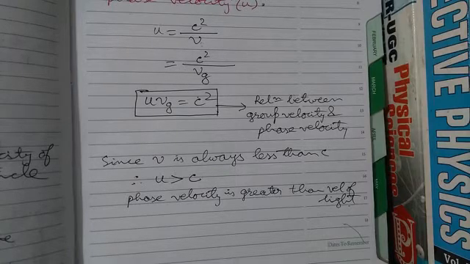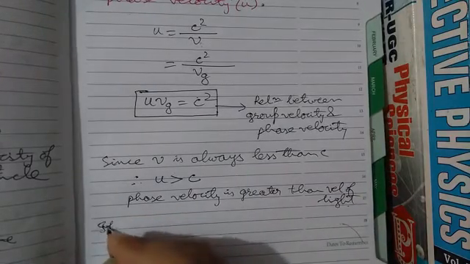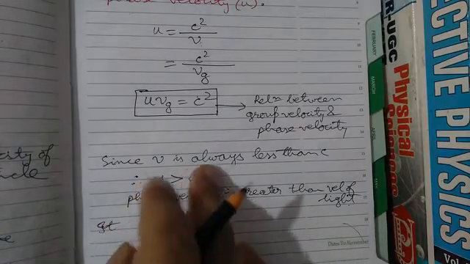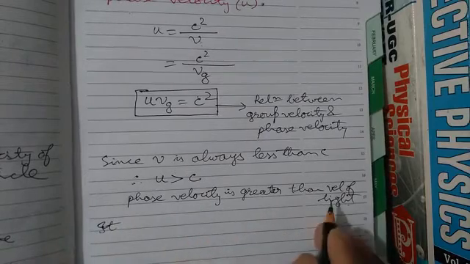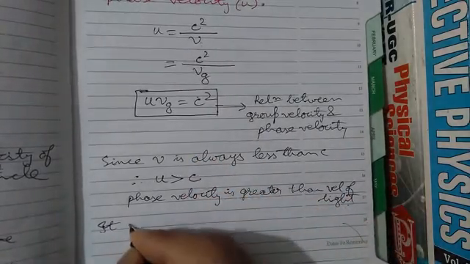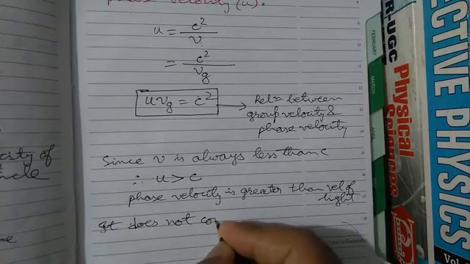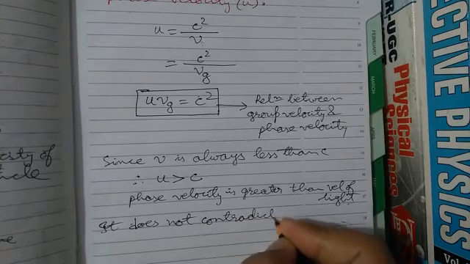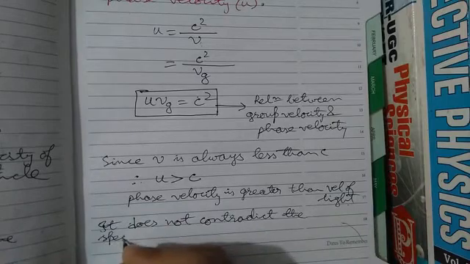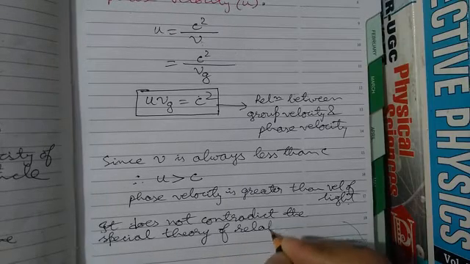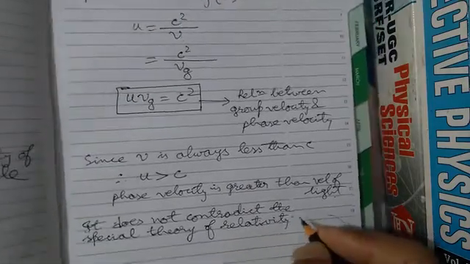Doesn't it sound very crazy? According to the special theory of relativity, no material particle can have a velocity greater than that of light. So this phase velocity being greater than the velocity of light can seem to contradict STR, but no, it does not contradict the special theory of relativity, since